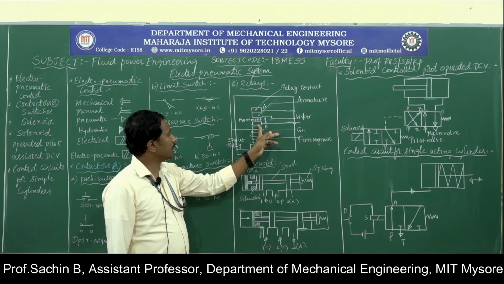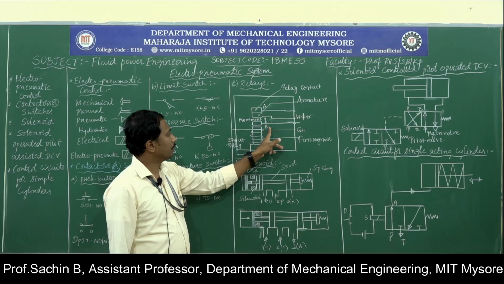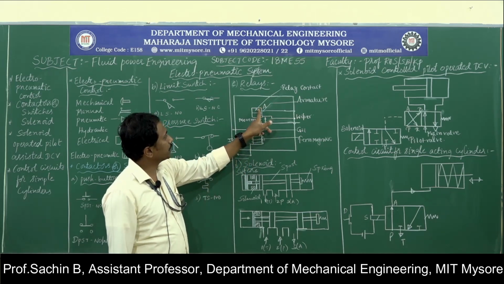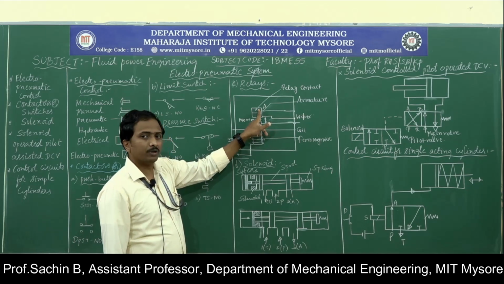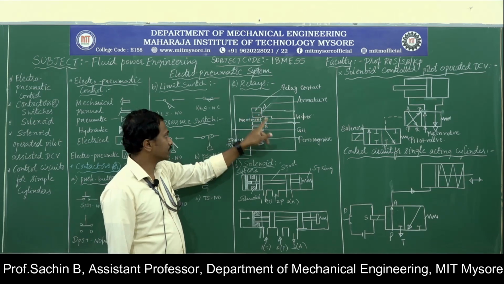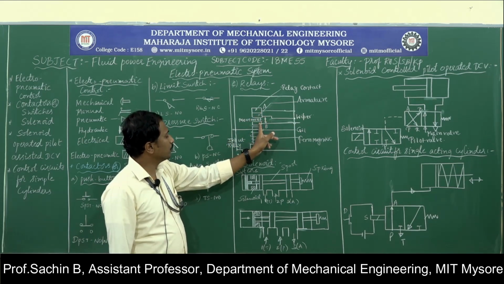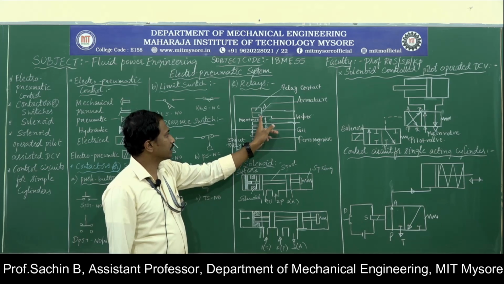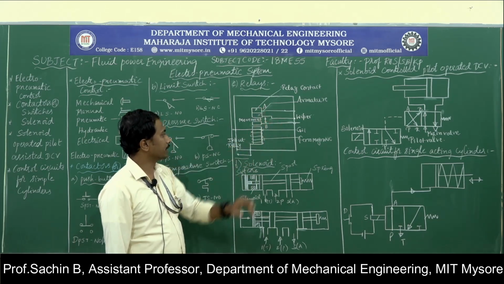And then this is the armature present over there. Sorry, this is one of the wire connections. This is the armature, and this is the relay contact. Relays are generally normally open type of switches, and this movement will happen when the armature comes into contact with the relay contact.